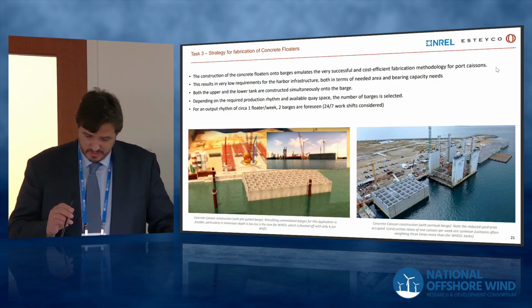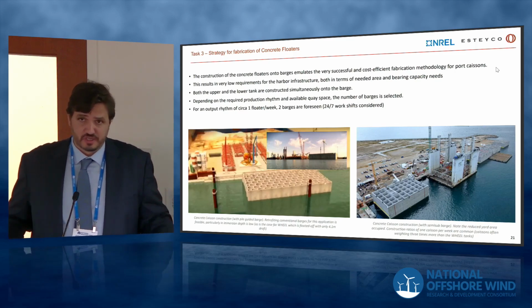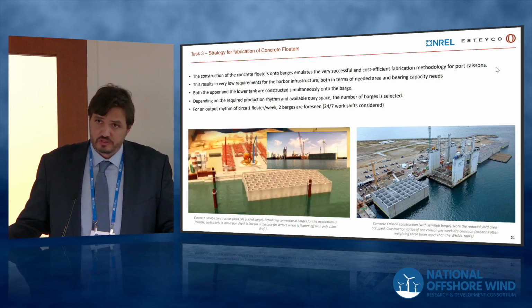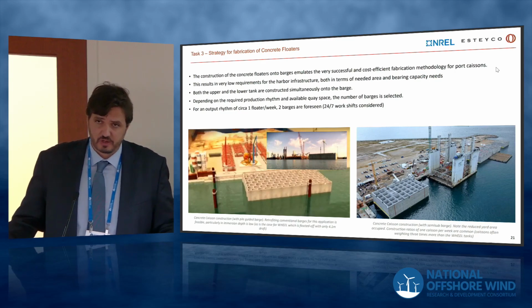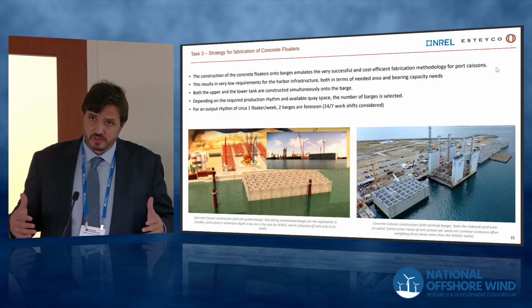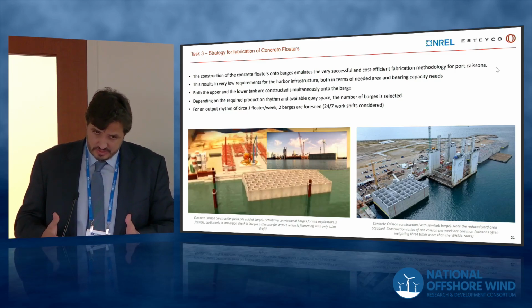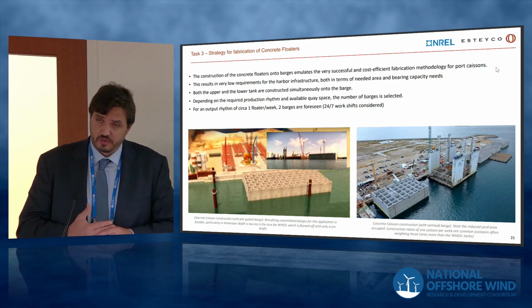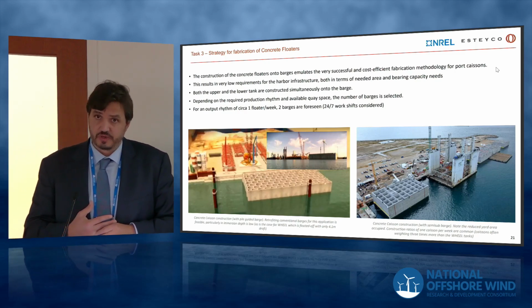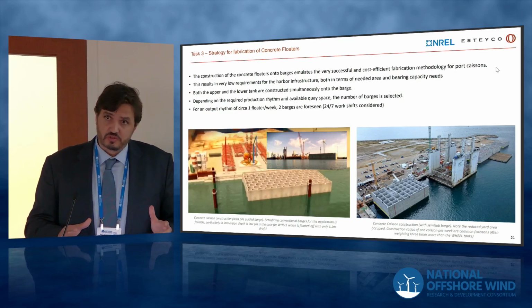Now, okay, this works very well, but how can we build it? It's good that it's compact and low draft, and this opens the opportunity to emulate some very positive experience that we've had in Spain and also in other markets in South America or in Japan, for instance, on how to build mass production serial units of concrete elements, which are really cost effective, and they are directly built on barges and floated off. This really reduces the area that we need to build these elements, also the bearing capacity of the harbors, and it's what's making it possible, as I will try to describe, to use existing harbor